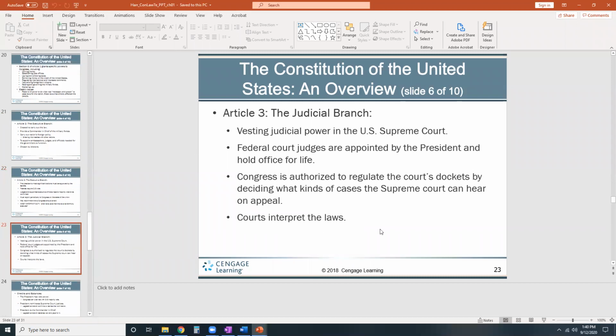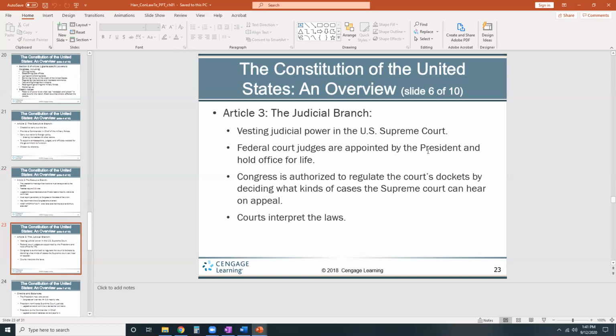Now, we finally get into Article 3. Article 3 deals with the judicial branch, which is the Supreme Court and all federal judges. Federal judges are appointed by the president, and they hold office for life. One of the nice things for federal judges is that they're not under pressure by politics. They are there to faithfully, and by oath, honor the U.S. Constitution and federal laws. So the judicial branch deals with interpreting the laws that are passed by Congress and signed by the president, if the